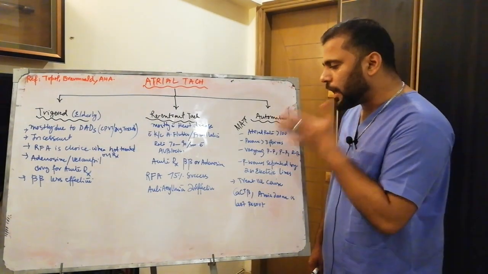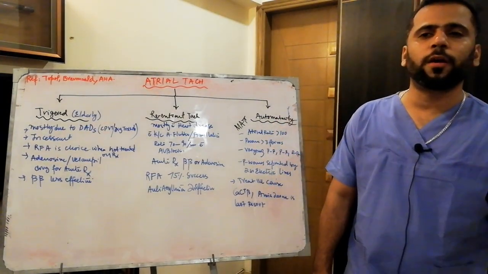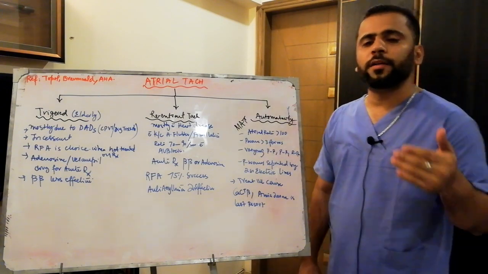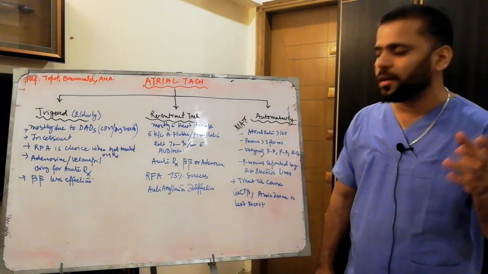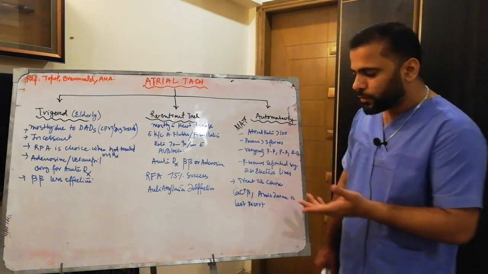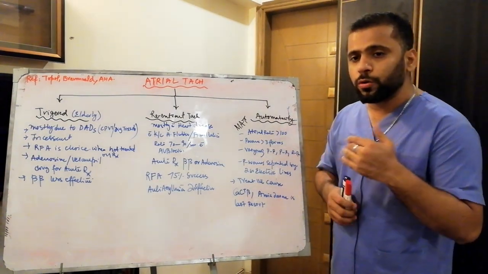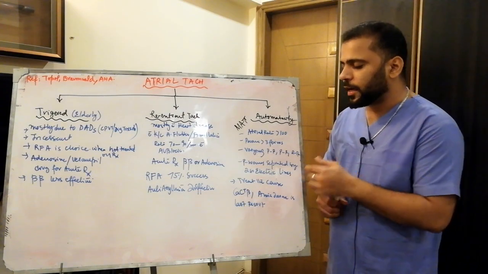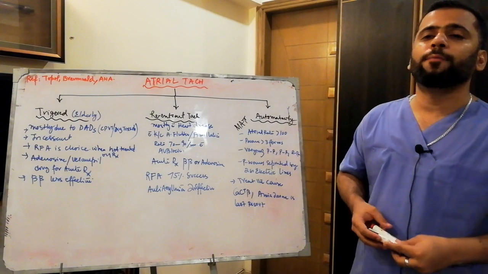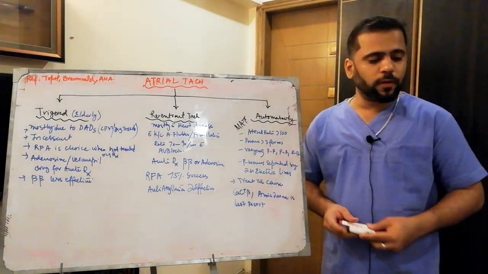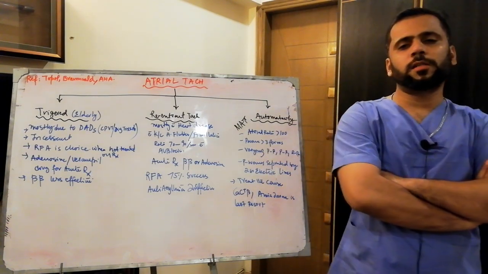The most common causes behind multifocal atrial tachycardia are chronic obstructive lung disease and chronic interstitial lung disease. Most of the time lung disease causes multifocal atrial tachycardia in elderly people. You have to treat the cause, but for the tachycardia you can give calcium channel blockers, and if necessary, amiodarone would be the last resort. So here we have done almost all the supraventricular tachycardias, and in the next lecture we will do